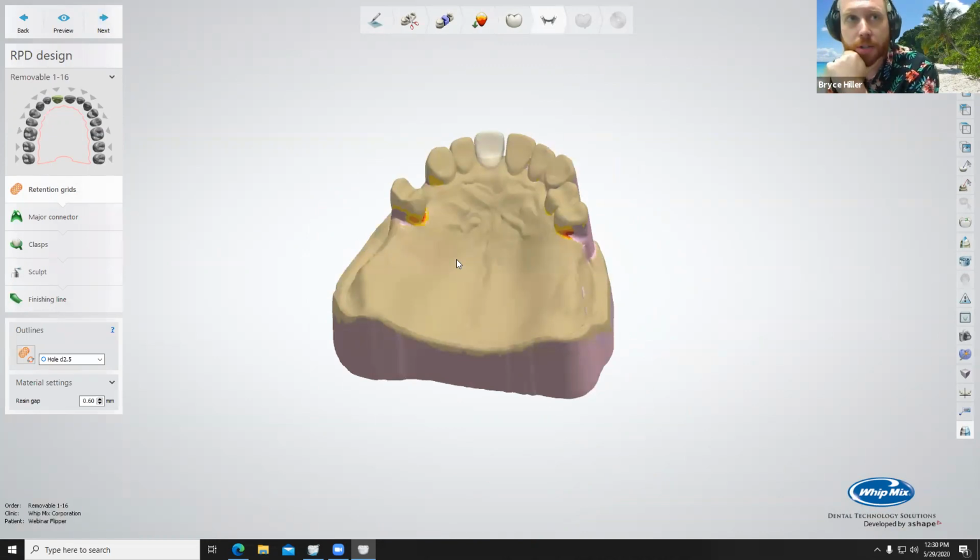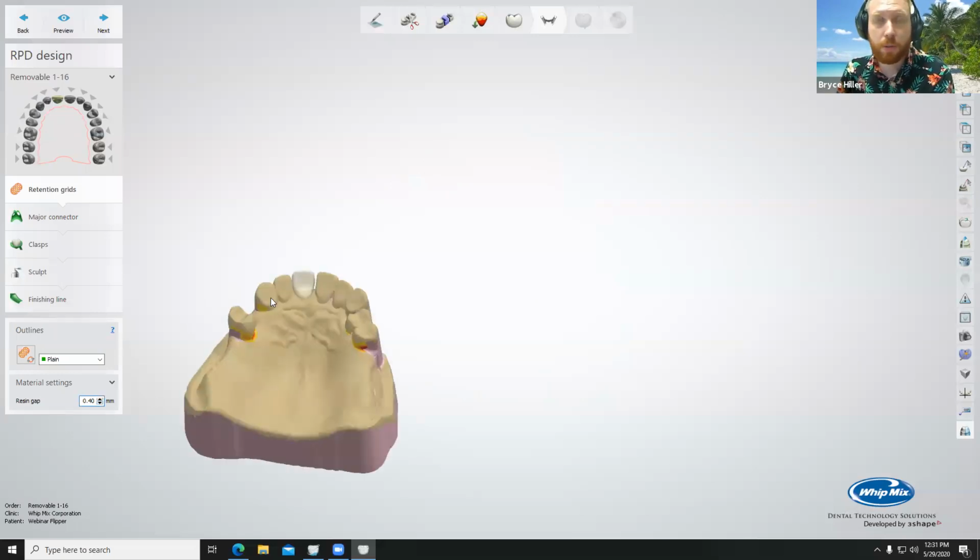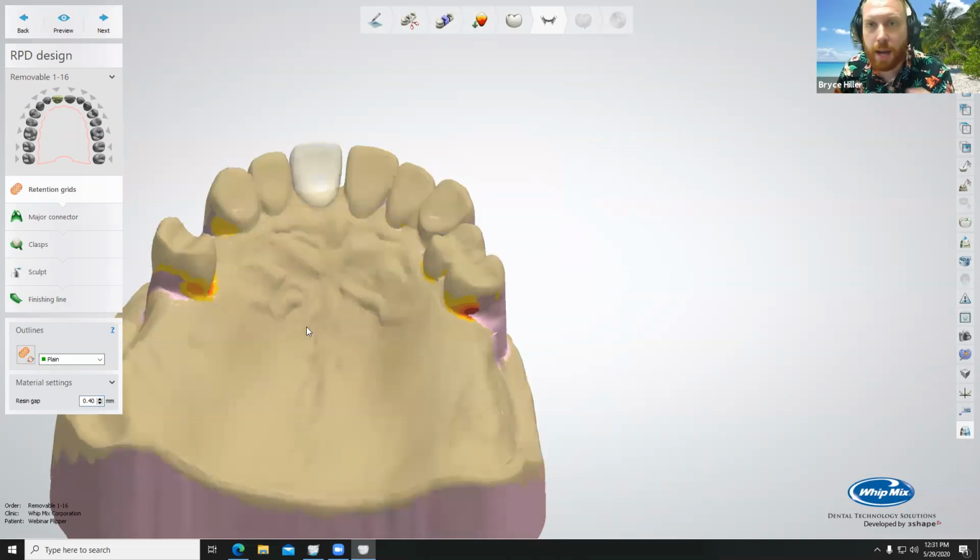I'm not going to do anything for a retention grid. I explained this on Wednesday, but I'll explain it again. The reason you don't want to use a plain retention grid, which is something some people like to do, is because there's a built-in resin gap underneath of these. It's going to default to 0.6, and the lowest you can take it is 0.4. We don't want 0.4 millimeters of gap underneath there. That's used because, in theory, if you're doing a cast partial, there's going to be acrylic that goes underneath of that and fills that resin gap. This is going to be a printed flipper, so we don't want any gap there. So for that reason, I'm just going to skip the retention grids